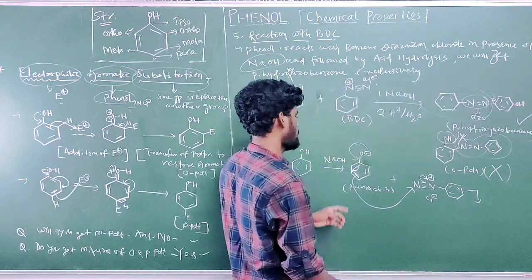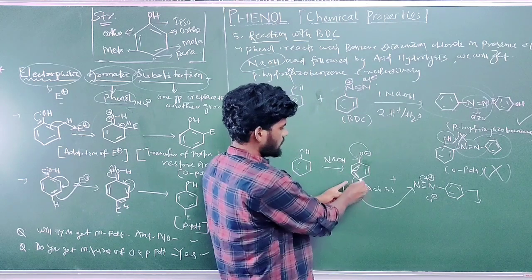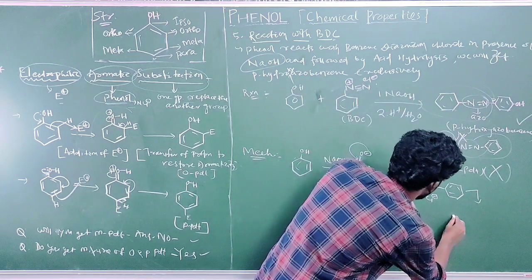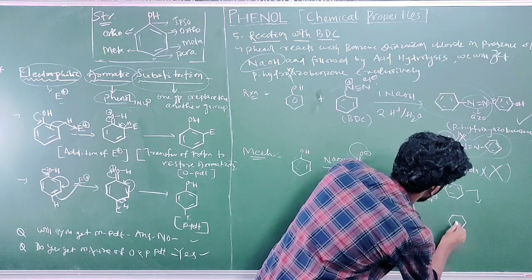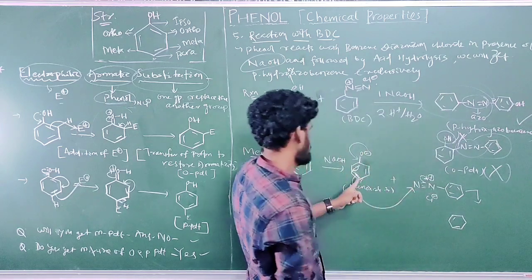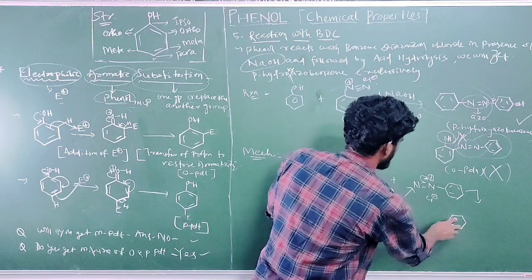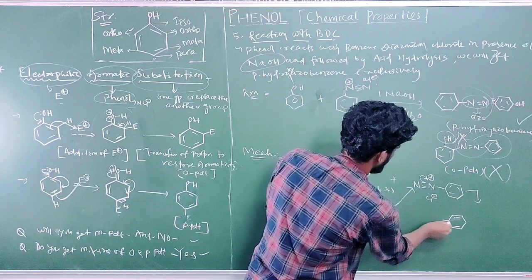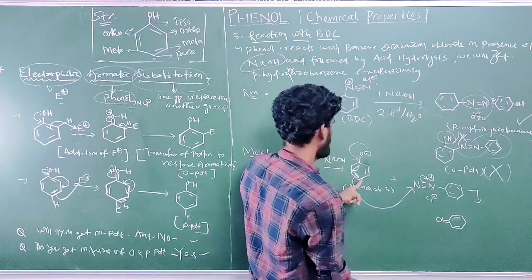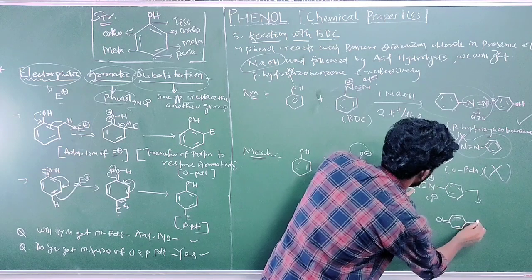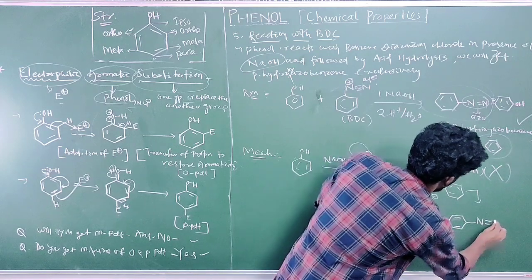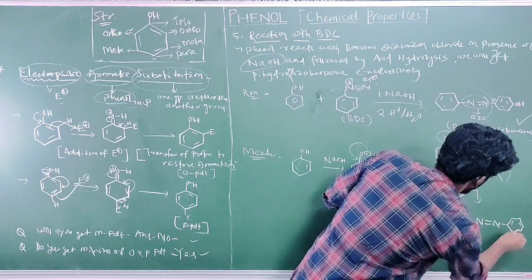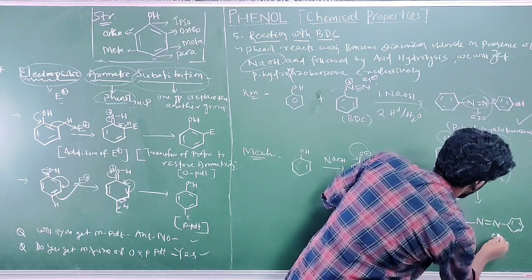So in the next step, what will happen? At the para position, the N group is attached. Just write it in this manner. So this bond now, sorry, parallel bond, so here is the double bond to O. Okay, the para position is attached to nitrogen double bond nitrogen, and here is the benzene ring. So Cl minus must be present here.